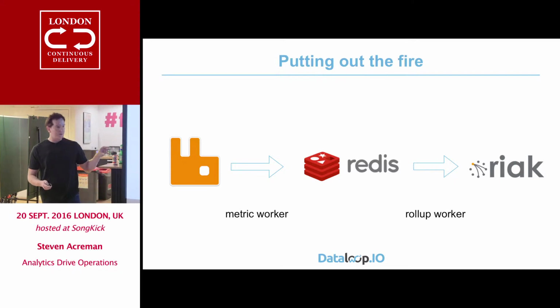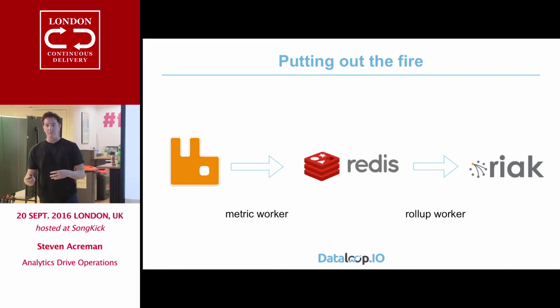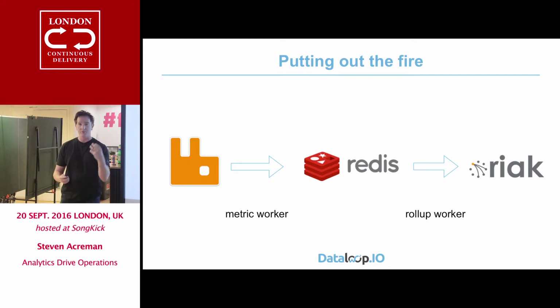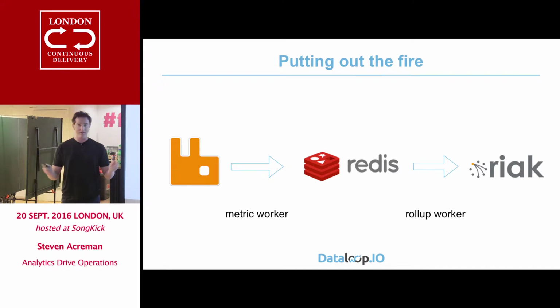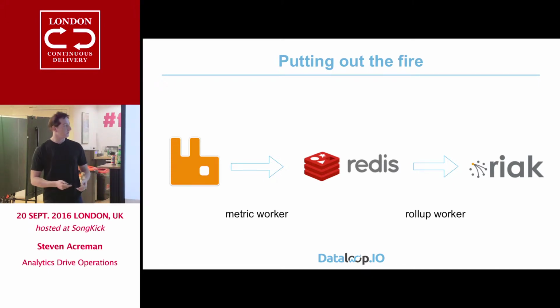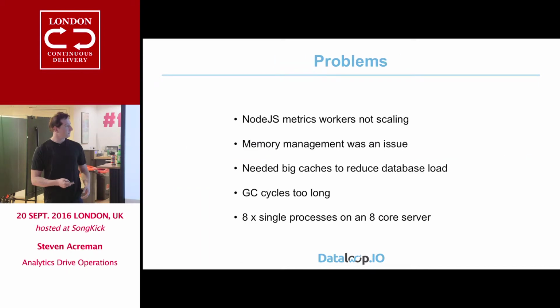So the bit that still caught fire was that we were able to ingest the metrics and put them onto the queue, but we were doing stuff in order to write them to Riak. You'd have to take them off the queue in a distributed way, and you'd have to try to merge the points together in cache on the boxes and then write them in batches to Riak, because Riak wouldn't let you just fire millions in. It didn't have enough performance. So yeah, we had those problems.